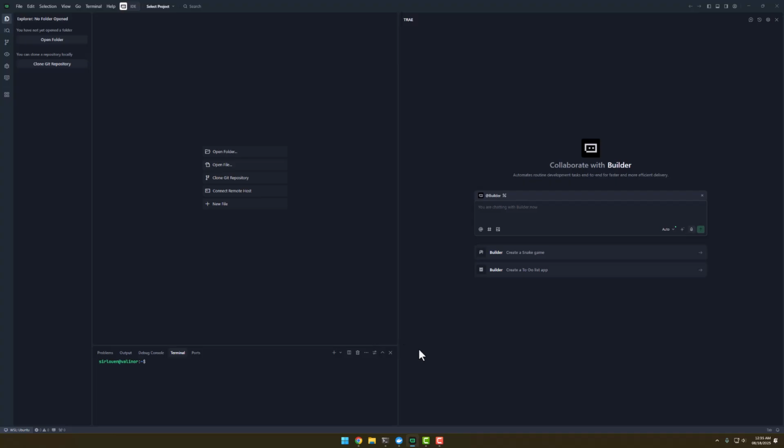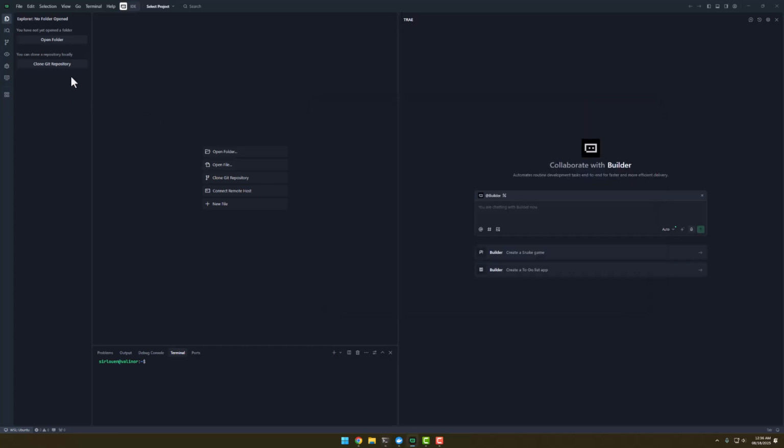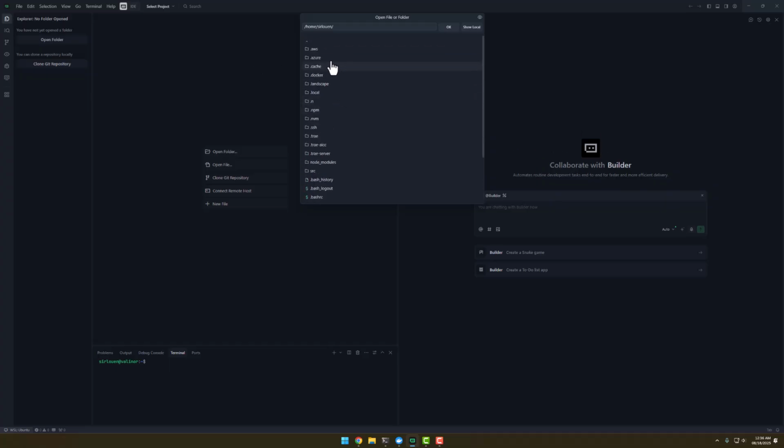Because WSL, as I said, is an internal system using Linux inside Windows. It's not the same. The folders, everything are in a different place to Windows. Okay, you can access directly to the folders inside WSL from Windows, but they are not straightforward. No, they are not like in your unit, in your main unit. Okay, so once you have connected your WSL, now when you press open folder, it will show all the folders within your WSL, not within your Windows, not like your C drive. In this case, there is no C drive. You can find directly your